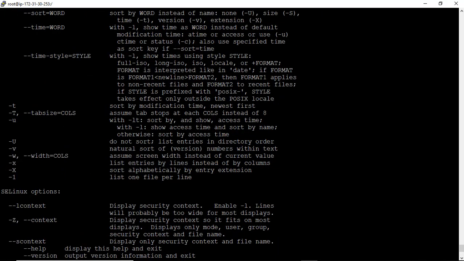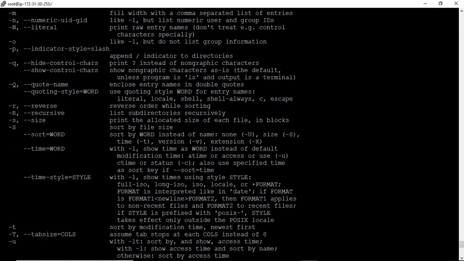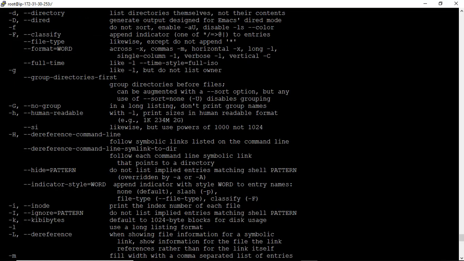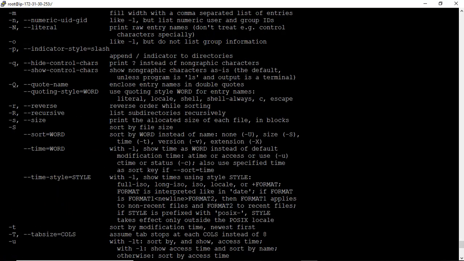Here you can see what t does, it sorts by modification time, newest first. If you want to see what r does, you can check here, and it says reverse order while sorting. So all these options are shown.